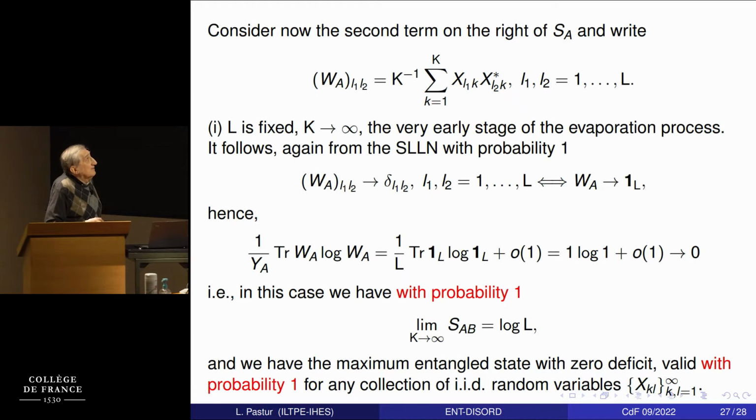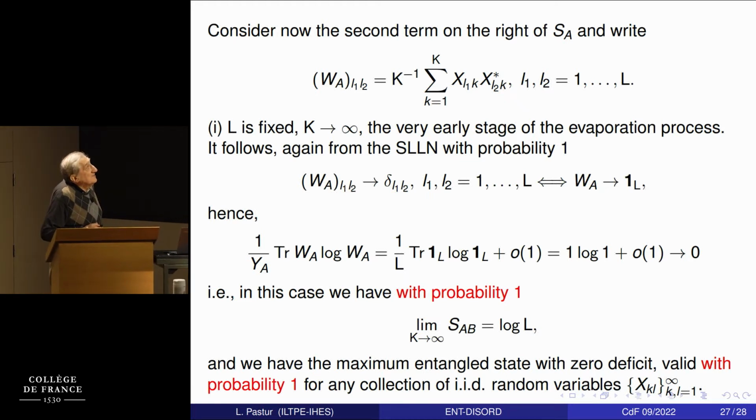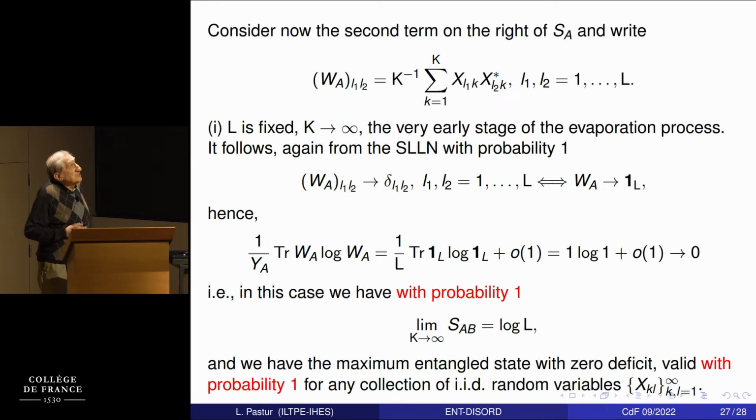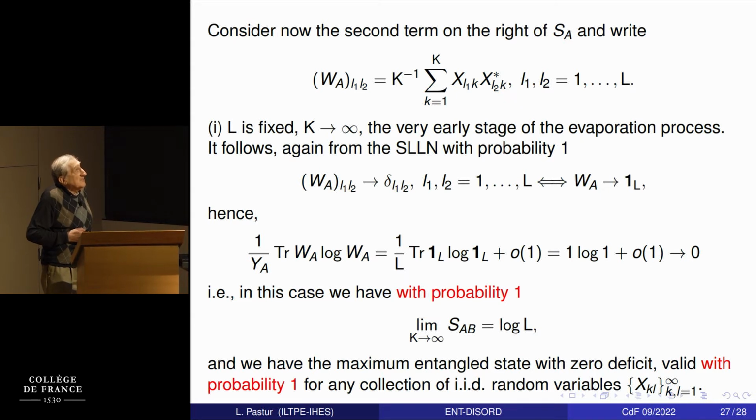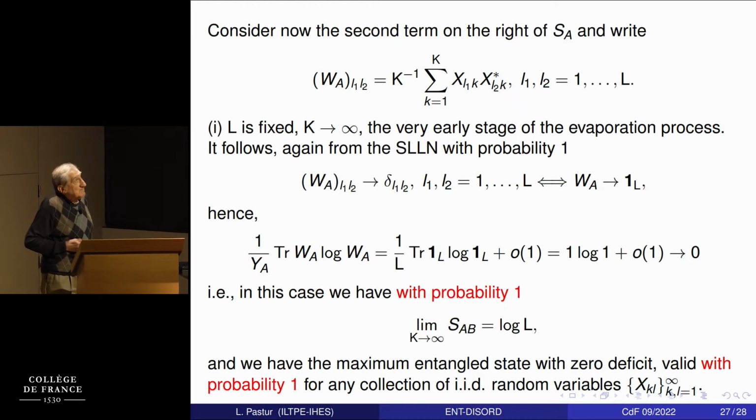So let's keep L fixed, but send K to infinity. Again, it is the law of large numbers. You have K terms divided by K, so it converges with probability 1 to the expectation. But the expectation is just the delta symbol, so all the matrix converges to